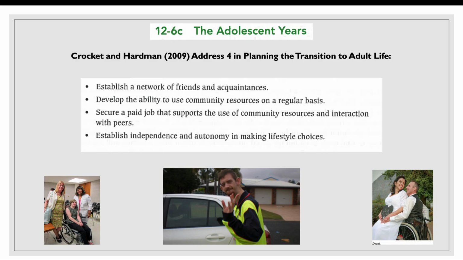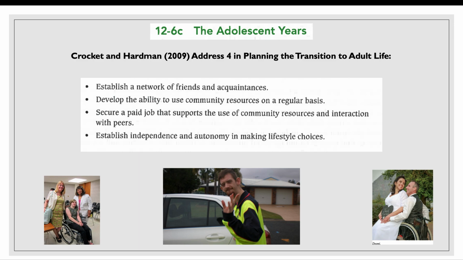The adolescent years. Crockett and Hardman in 2009 addressed 4 tips for planning the transition from adolescent, high school years to adult life. This is a very important thing. We've got to be able to help these students transition into society and to be able to function and live